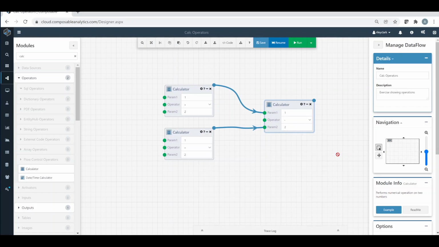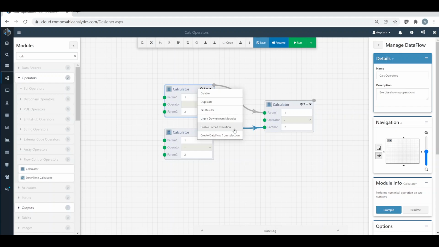As you iterate through a data flow, the context menu I showed you earlier by right-clicking on a module could be useful. Sometimes you may want to disable a module, so if I click Disable, the module will be highlighted in red and the module will not run. I can go ahead and re-enable this module. We've seen what Duplicate does. Pin Results forces your results to be pinned, meaning it ensures that your module will not run when you click Resume or Run. You can similarly unpin results, or unpin the results of any downstream modules, or enable a module